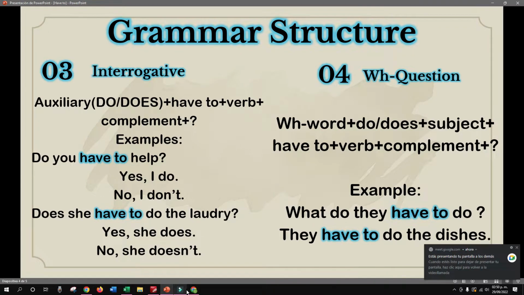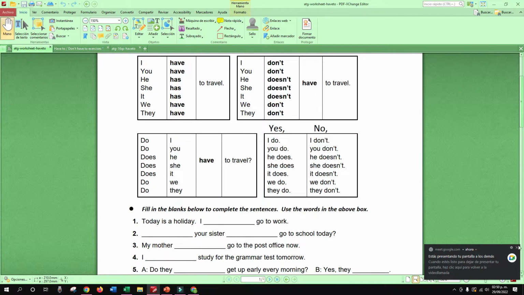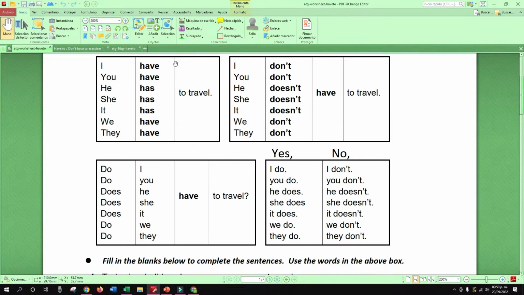There you have, again, the grammar structure, right? First, it says, I have to travel, or he has to travel, right? We have to travel, this is for affirmative ones, or negatives, I don't have to travel, she doesn't have to travel, right? Or we don't have to travel. For negative ones,